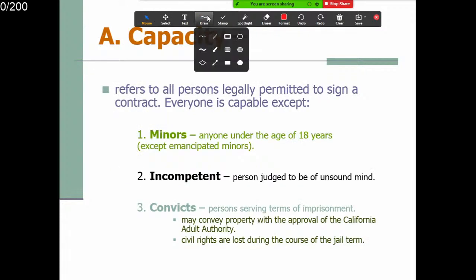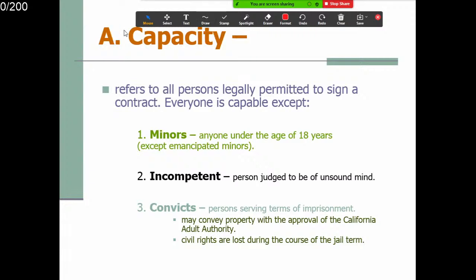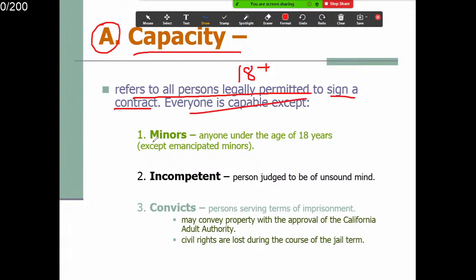So capacity, let's look at the capacity. Okay, the first item A. Okay，第一个要求就是你有能力去操作。Okay, it refers to all persons legally permitted, right? 18 plus, right? 合法的年龄就是18岁以上。Okay, to sign a contract. Everyone is capable except minors, right? 18岁以下的孩子们